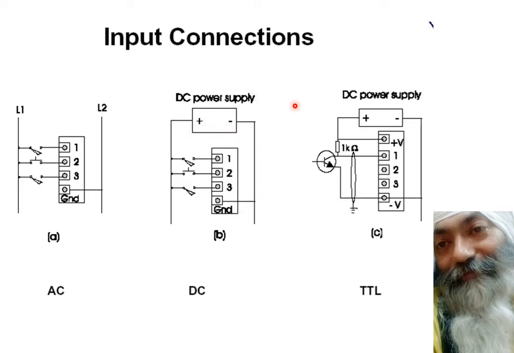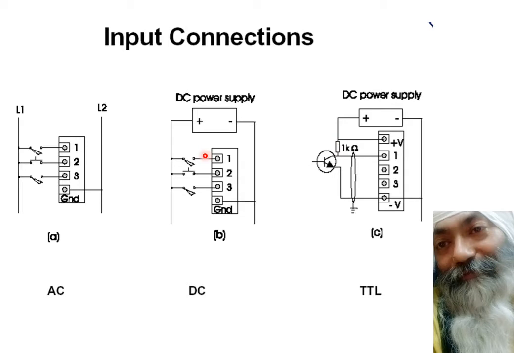And in case we are making use of an open collector output, this is called open collector output because here you have a switch. This switch is just a transistor which turns its collector on or off. This is the collector, it is open, its emitter is grounded, and the output is available at the collector. And this collector requires, number one, a pull-up resistance. You all must have studied pull-up resistances. In case an open collector output is there, you use a DC supply, along with it you use a pull-up resistance.